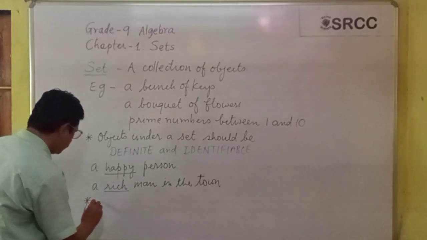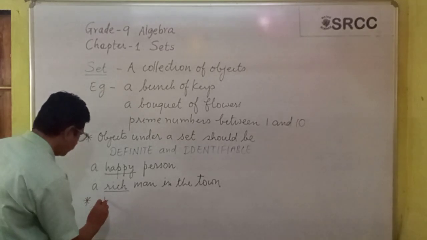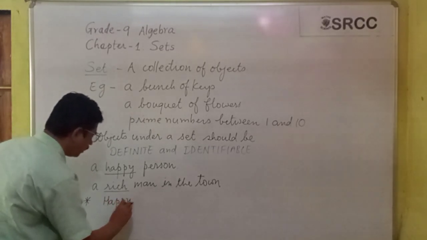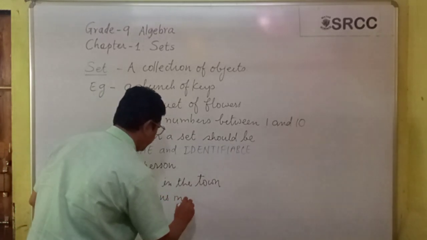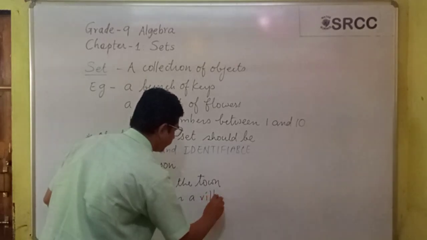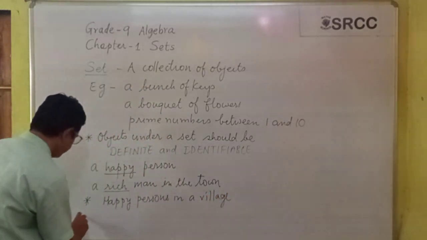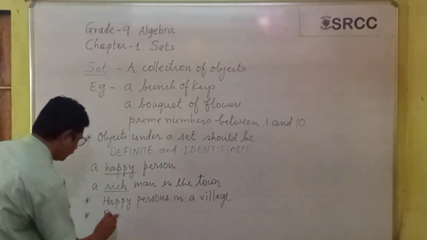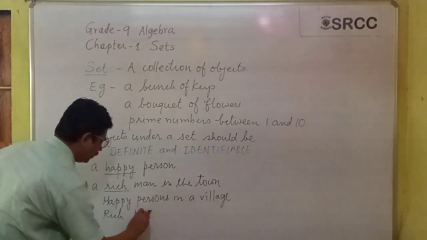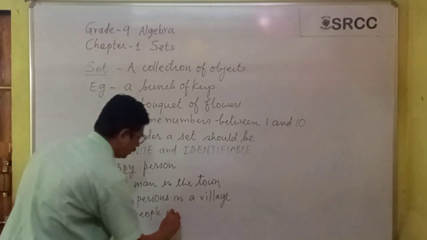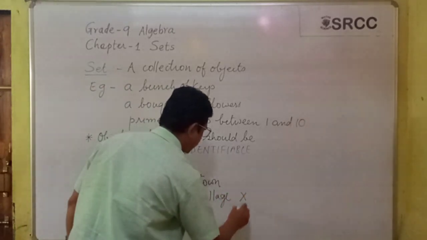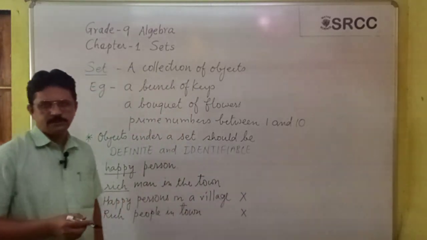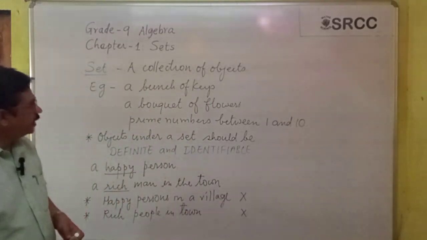So happy persons in a village, or say rich people in town, these are not examples of sets. Moving further,